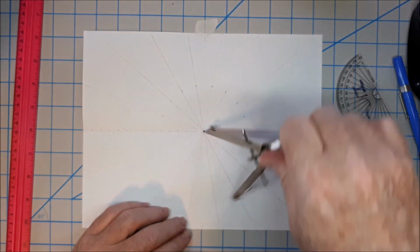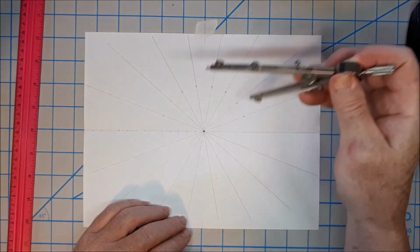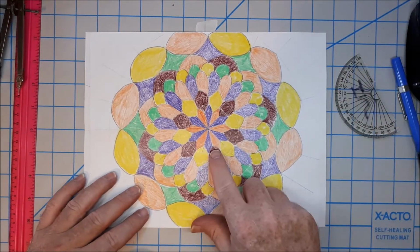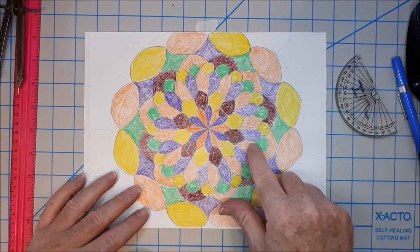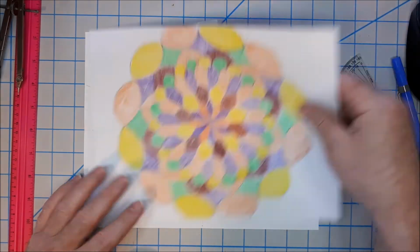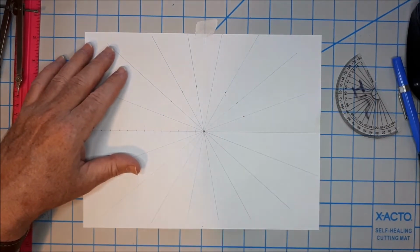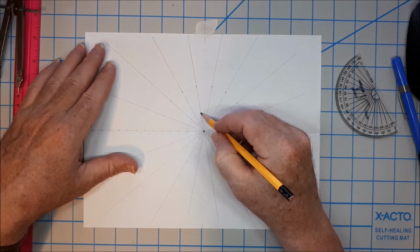Okay, and now we decide on what our design is going to look like. Okay, and you can do straight lines, you can do curved lines. So in mine, at the beginning, I did some straight lines. I did angles up there as well. Then I started doing round lines, then bigger round lines. Okay, and they all connected to the vertices. So if we start here, let's say I want to do round lines. Maybe I want to go backwards. Okay, so I go like this,